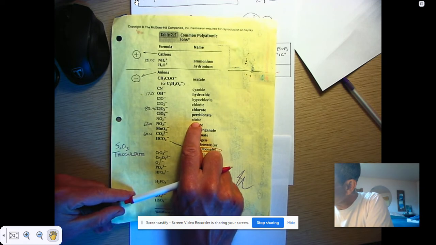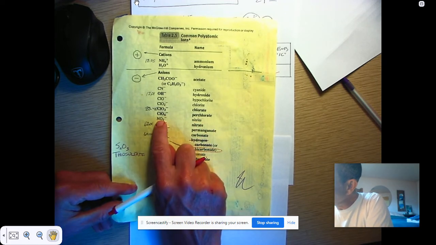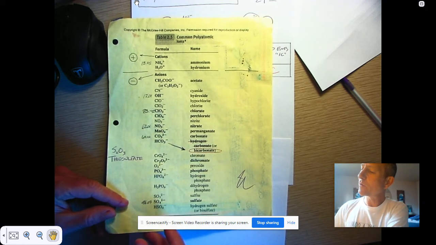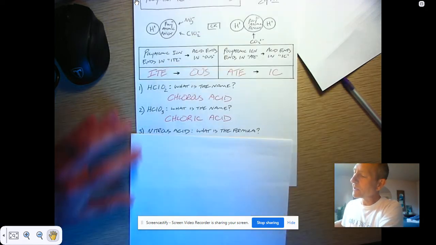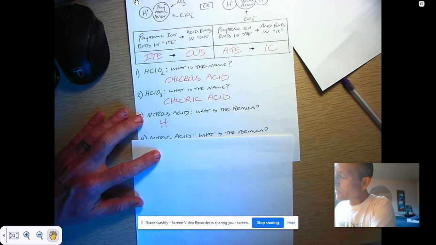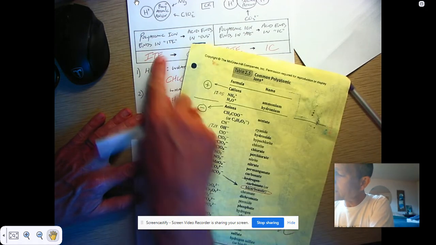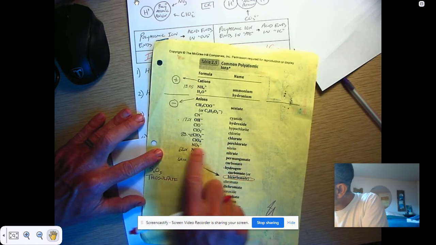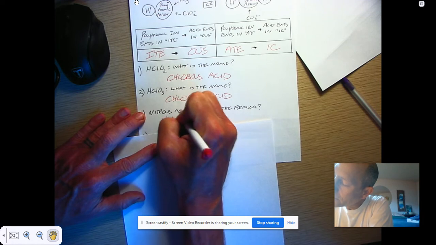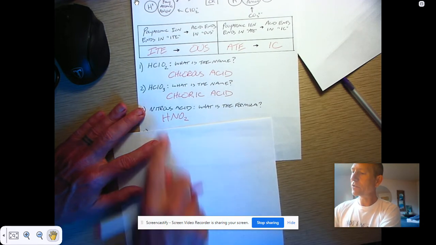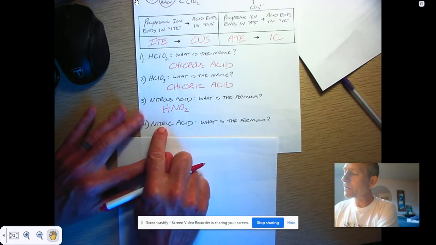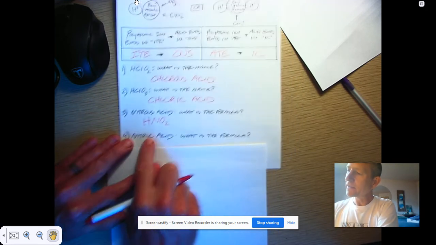And here's nitrite right here, NO2. And it has a charge of 1 minus. So we're only going to need 1 hydrogen ion. So it's going to be H. And then what was that? Nitrite again? Nitrite was NO2. So the formula is going to be HNO2 for nitrous acid,